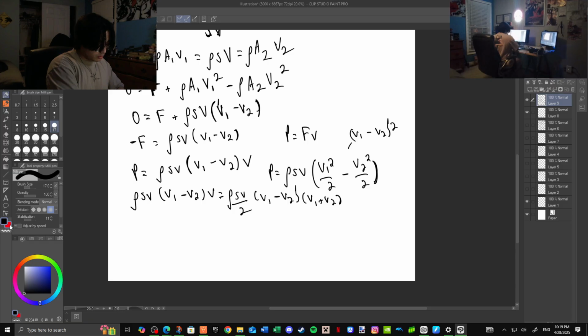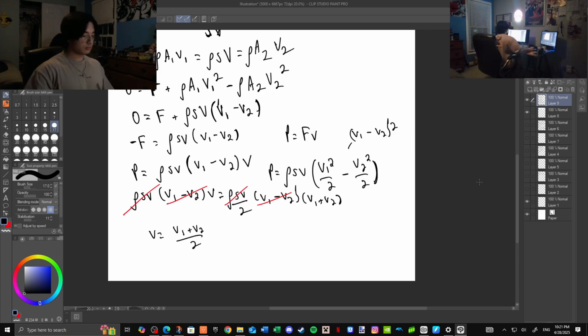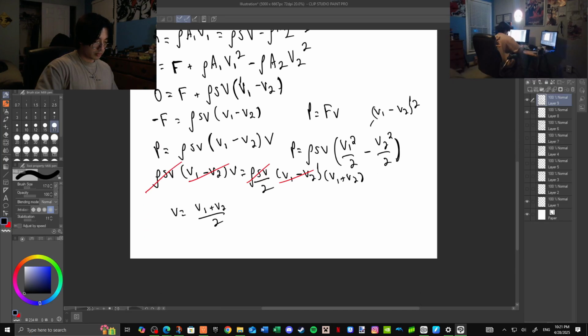And so with a bit of canceling, we're left with the velocity of the turbine is actually just going to be equal to V1 plus V2, all this over 2. So now we can plug in the variable for the velocity of the turbine into this equation right here. So now we have P is equal to the power, assuming no frictional forces, is equal to